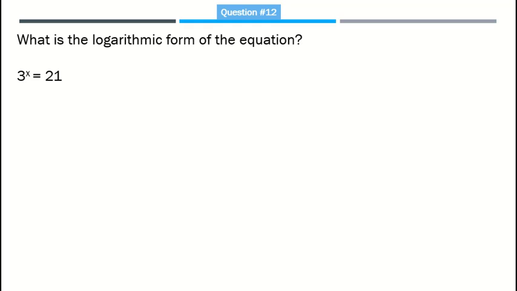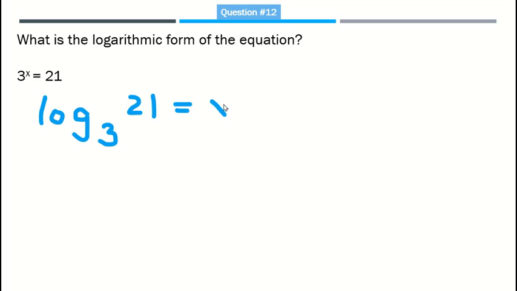Now let's go back in question number 12 and talk about what we learned in the very beginning, how to write the logarithmic form of the equation 3 to the x equals 21. So let me get my pen. Think about that for a minute. This is log base 3 of 21